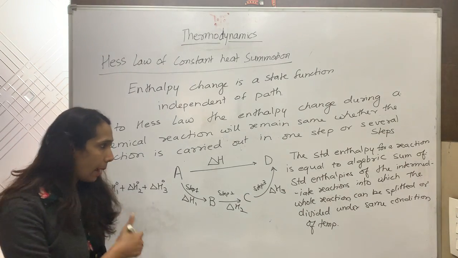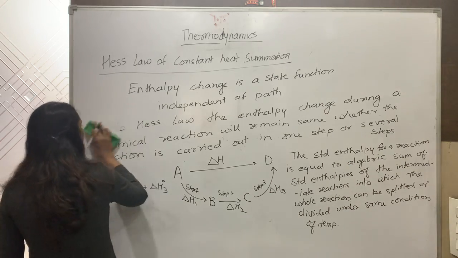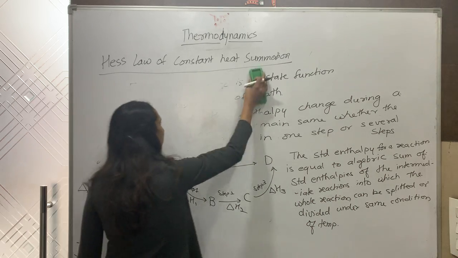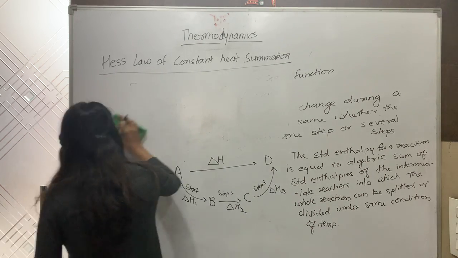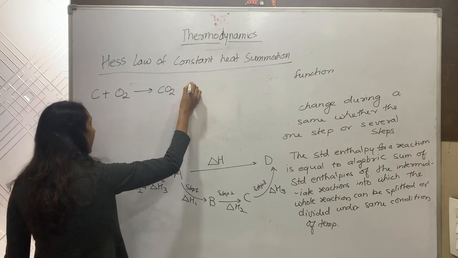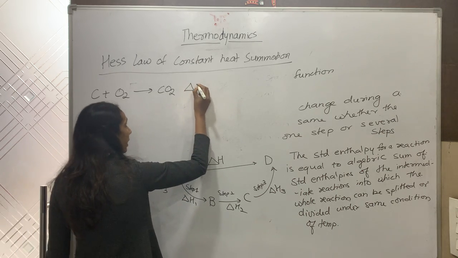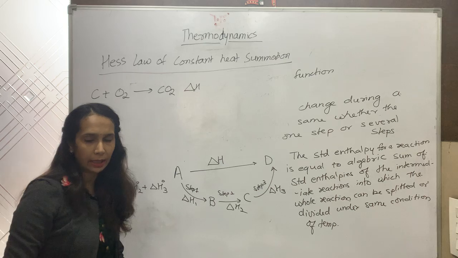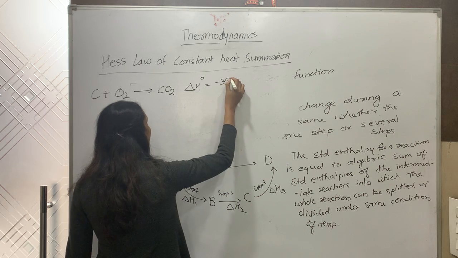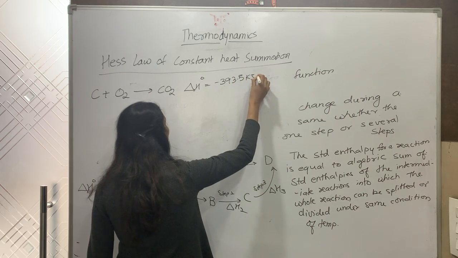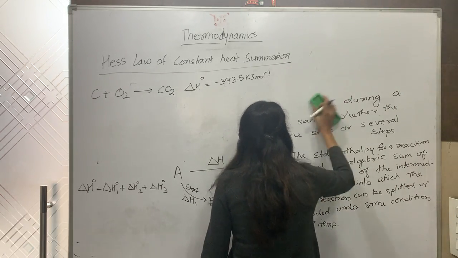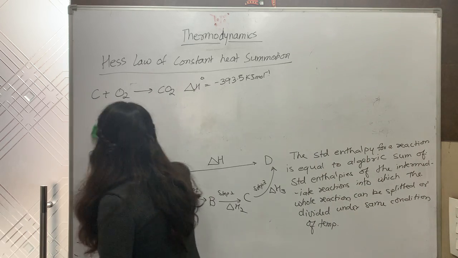We are just taking an example to explain this. So let us see an example of Hess law to explain how it is applicable. Now if I react carbon with oxygen, it forms carbon dioxide. It is a combustion reaction, so I can call it specifically the enthalpy of combustion. The enthalpy change during the reaction, standard, is minus 393.5 kilojoules per mole. Carbon reacting with oxygen, undergoing complete combustion, and forming carbon dioxide. This is the enthalpy change.